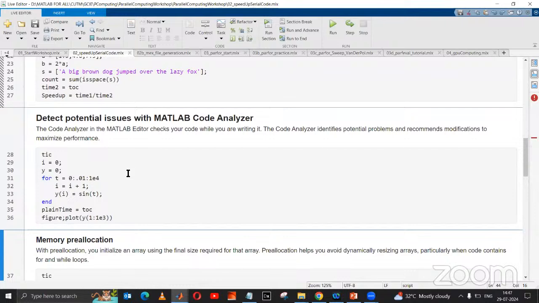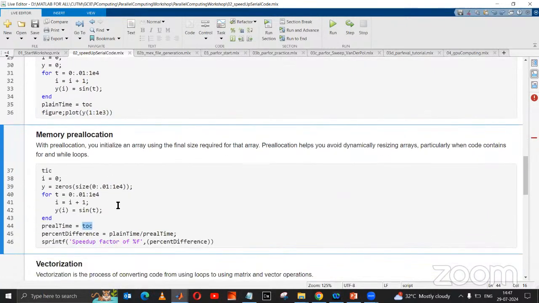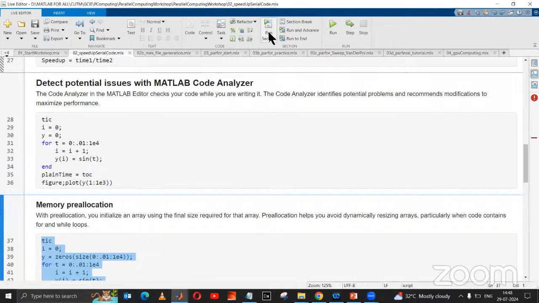What will be the percentage difference will be calculated from here. So here you can see this is my conventional method, and after the pre-allocation you can see the pre-allocation time. See the percentage difference between the plain time and the pre-allocation time. After that you can print the value here. So if you want to run the section,